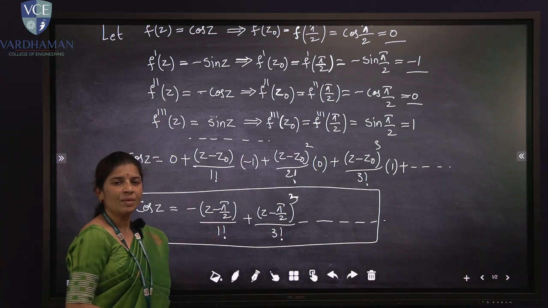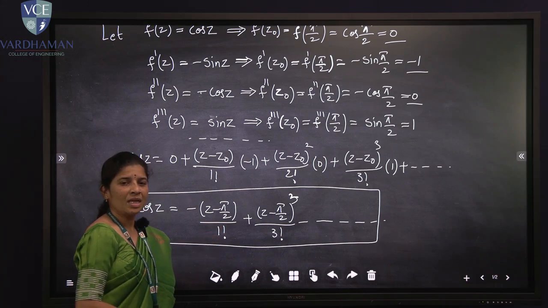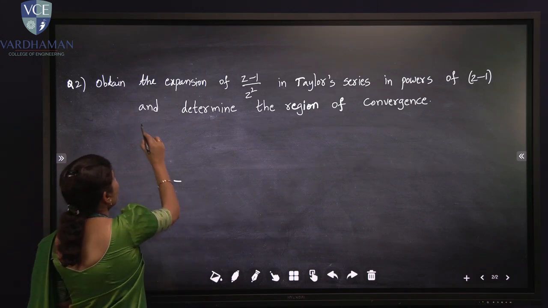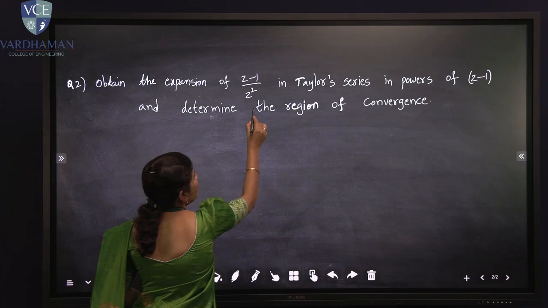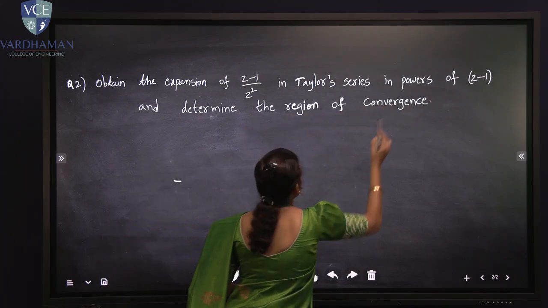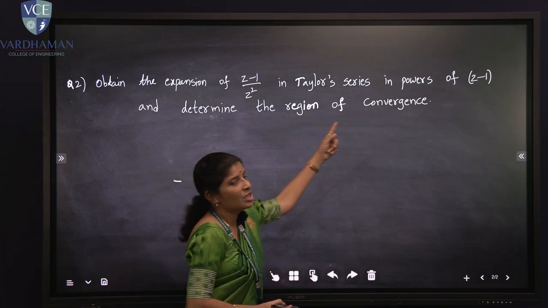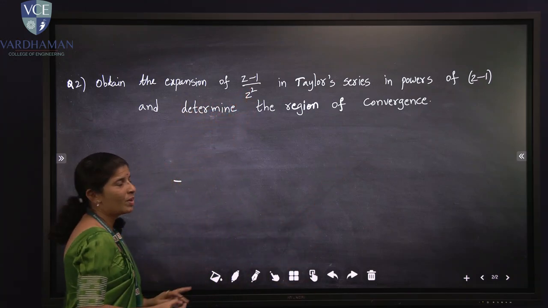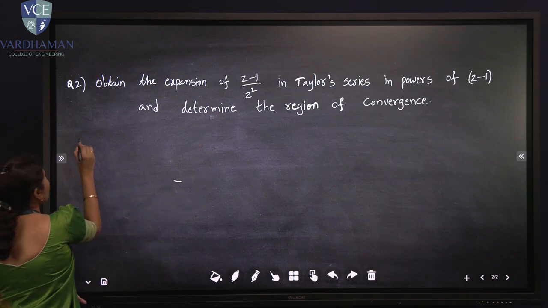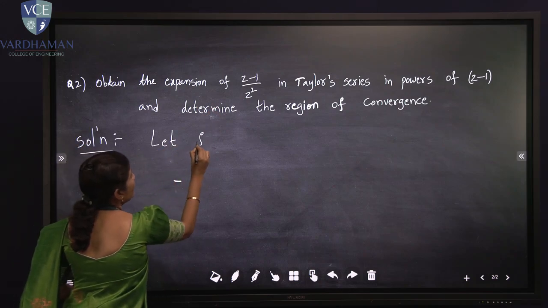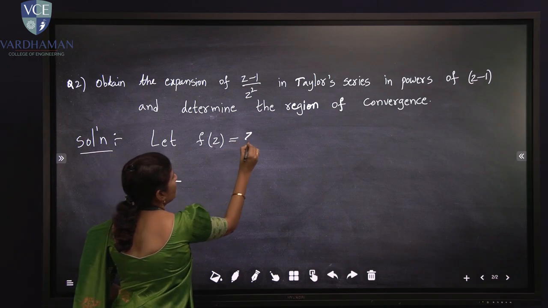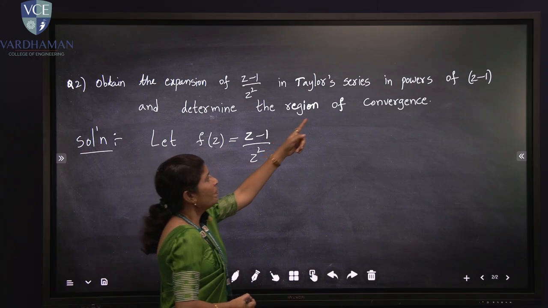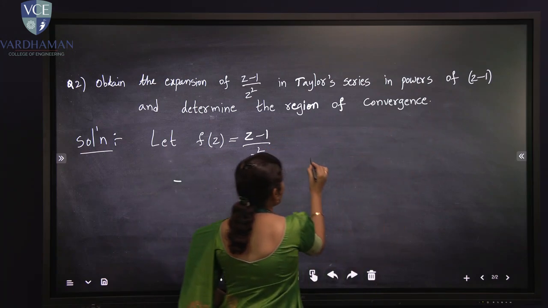Now we will discuss the second problem, in which we will discuss the radius of convergence. In the second question, obtain the expansion of (z minus 1) upon z square in a Taylor series in powers of z minus 1, and we have to determine the region of convergence. If we obtain the expansion of (z minus 1) by z square, first we assume f of z equals (z minus 1) by z square, and we have to expand this function in powers of z minus 1,